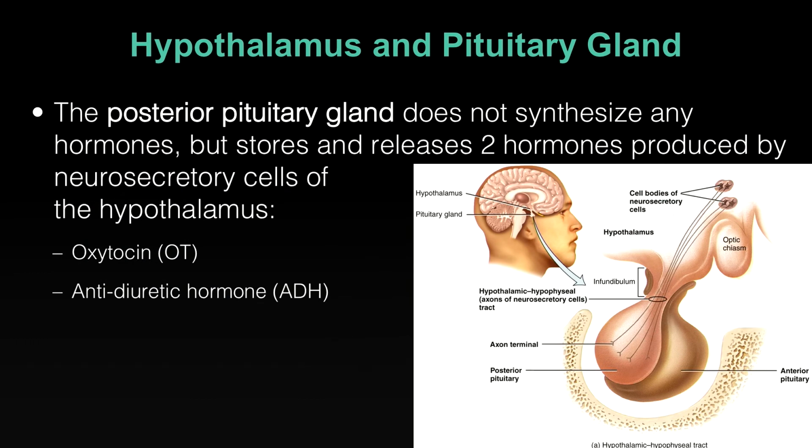Posterior pituitary, less of a role, but not unimportant. It's responsible for releasing only 2 hormones, not 7. Those are oxytocin, which we've talked about, the classic example of a positive feedback loop, and antidiuretic hormone,